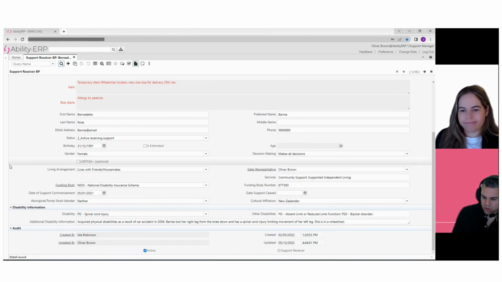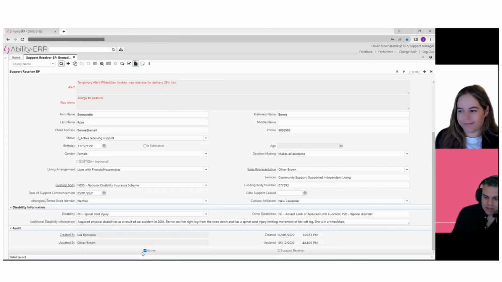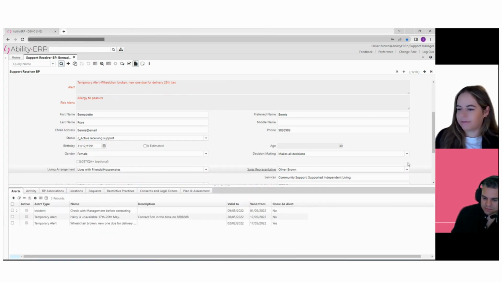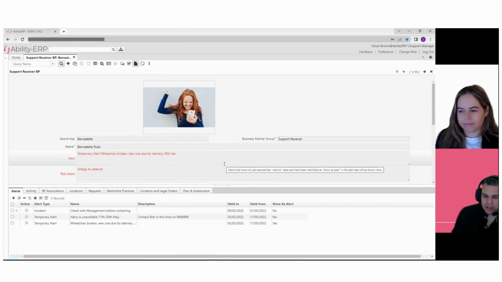So basic audit information: who created it, who updated it, and the date and timestamp of that. You can mark something as active or inactive, which we use as a form of soft delete while keeping the information in the system. If we click on the detail record, what this shows here is information that references our